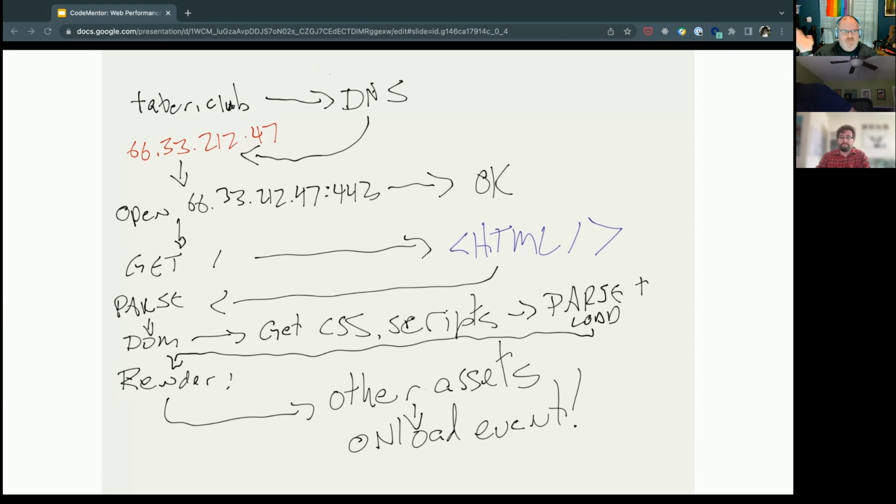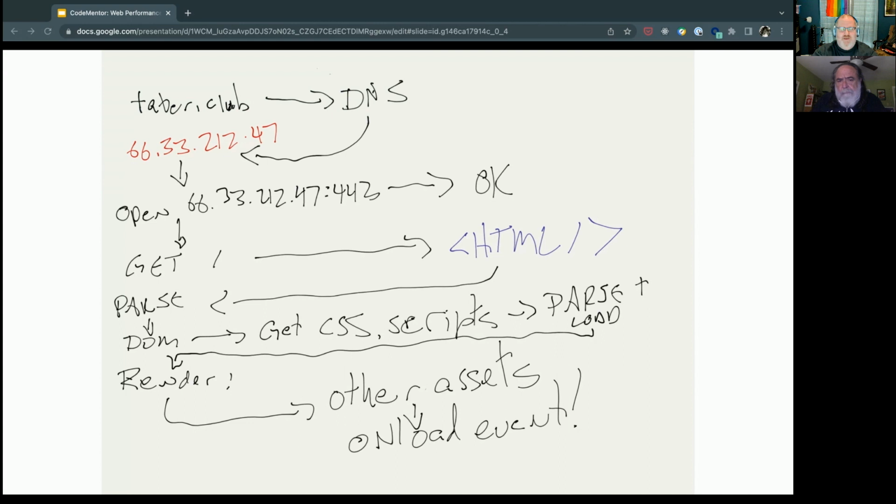Once we type GET /, assuming that path exists, then that server will return HTML, probably, which is not a programming language. It's a markup language. That's what the M stands for. It stands for Hypertext Markup Language, invented by our pal and yours, Tim Berners-Lee, 20-something years ago, almost 30 years ago. So your browser gets that back and parses it, and then turns that into a document object model,